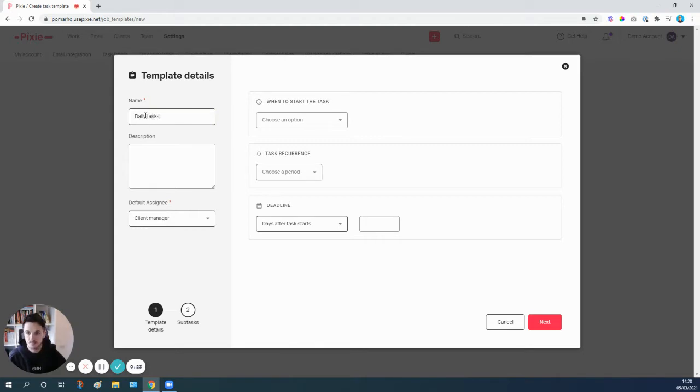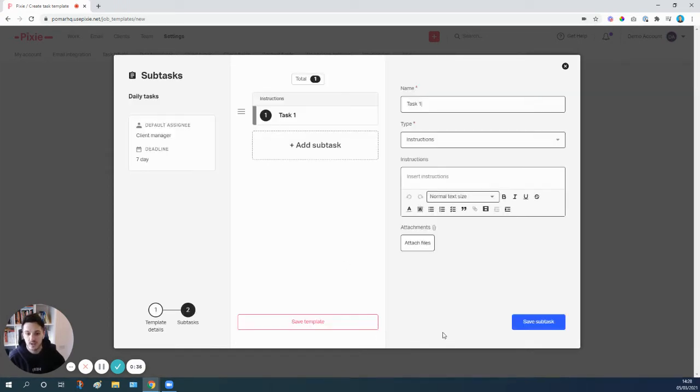daily tasks. I'm going to start the task on every Monday. It's going to recur every week. And the deadline is going to be 5 days later. It's on the Friday. So what I need to do is, because we don't actually have the option on that